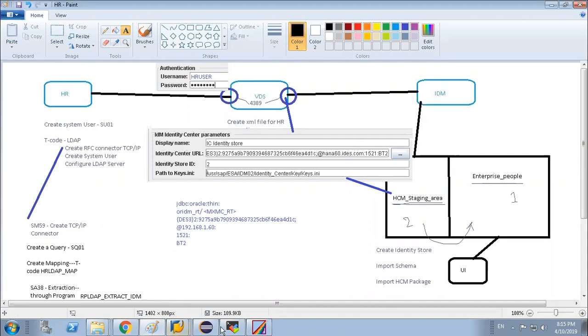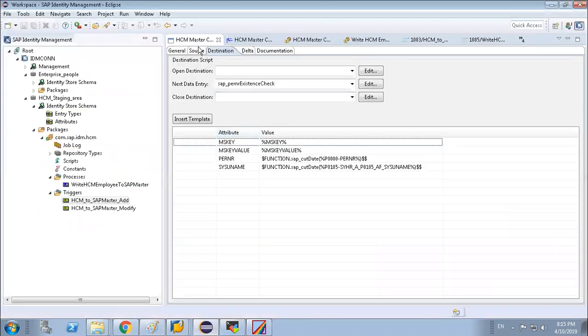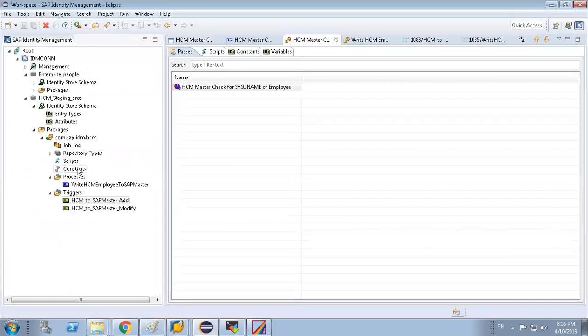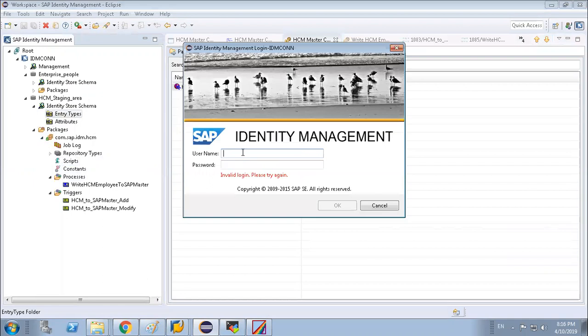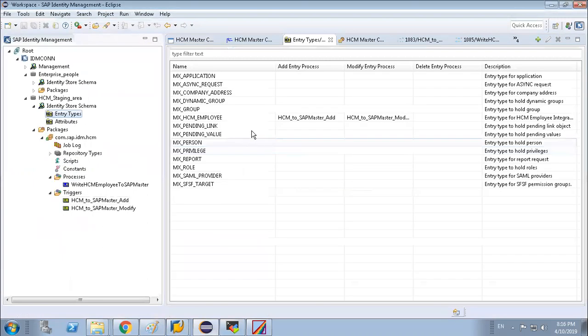And in this HCM staging area, the data is getting stored in the entry type called HCM, HCM employee. Once this HCM employee data is updated, automatically this add process will trigger.